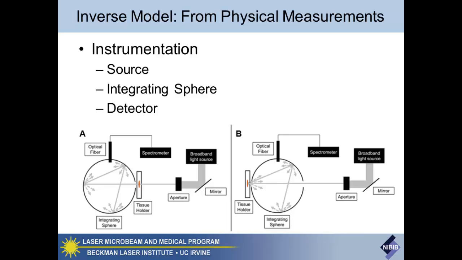The general setup of instrumentation to make measurements of this type involves a source, typically collimated. The source can be a laser, a single wavelength, or it can be broadband. Paired with that you could either have a single APD or some detector to detect that single wavelength of light, or a spectrometer to detect all the wavelengths from your broadband source. But it's collimated and then